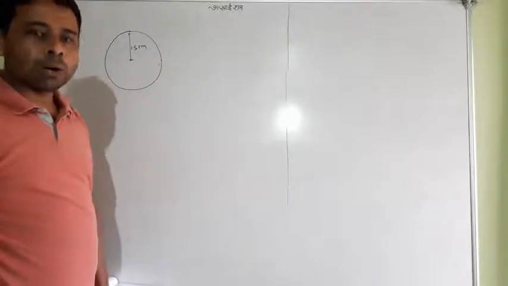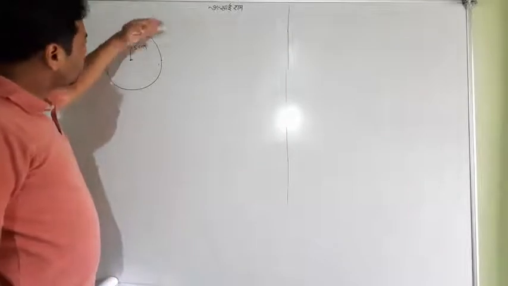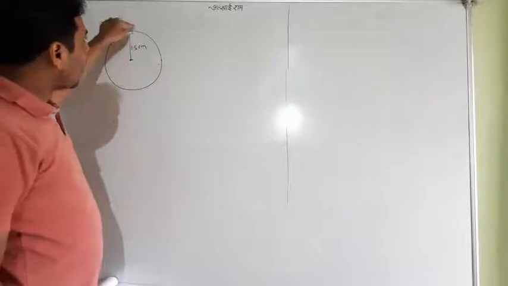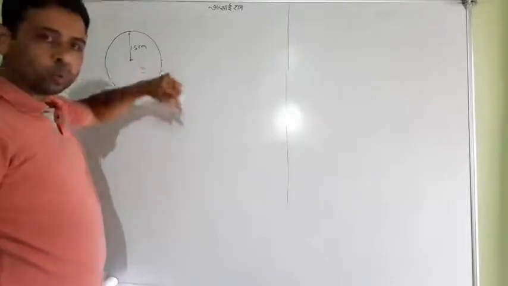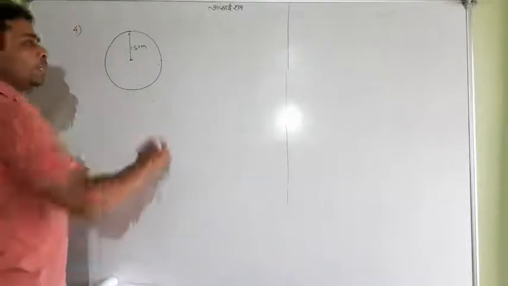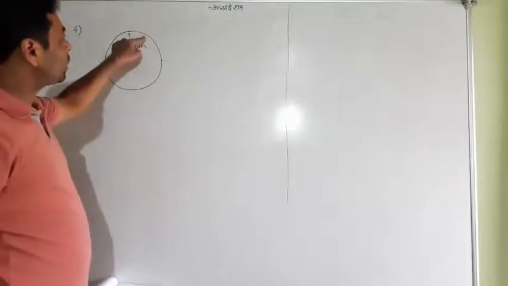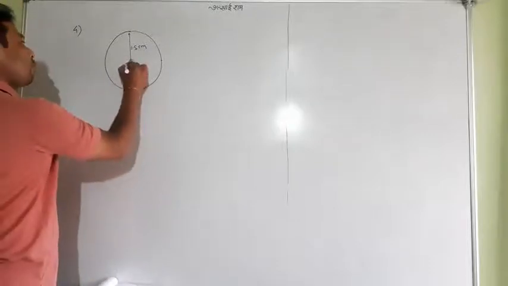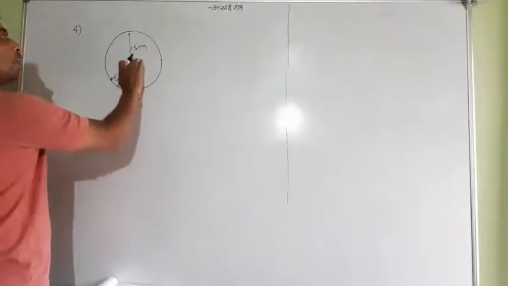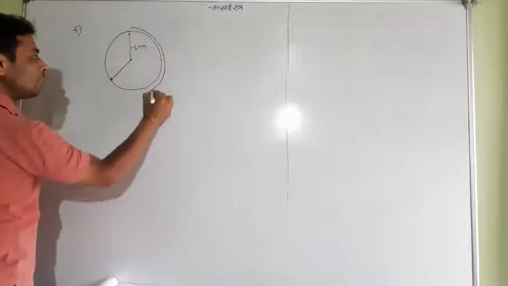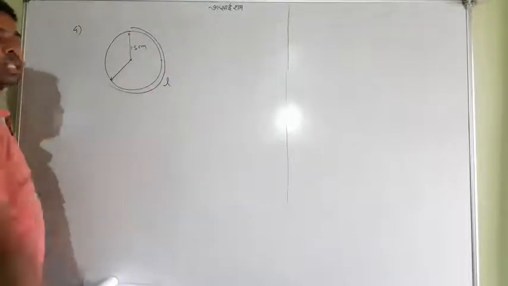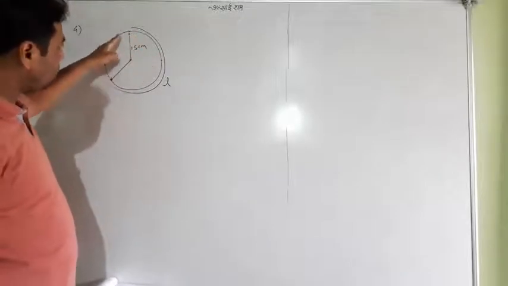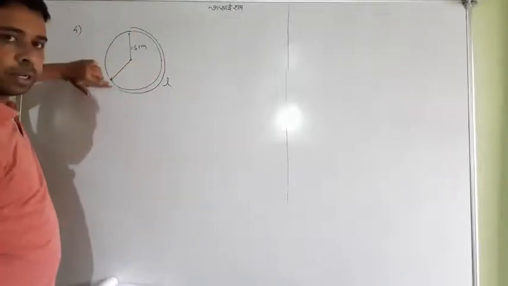The question says how far its tip goes in 40 minutes. When it moves 40 minutes, how far does the tip move? You know the clock system. This is 5 minutes, 10 minutes, 15, and so on, 30, 35, 40. So approximately I'm writing it as 40. The thing which is asked here is this length of arc, that its tip moves in 40 minutes from here to here in this direction.